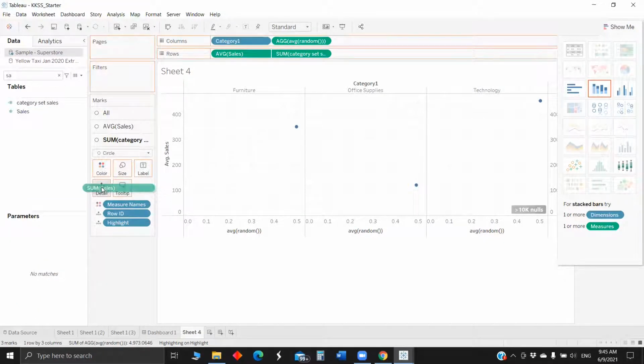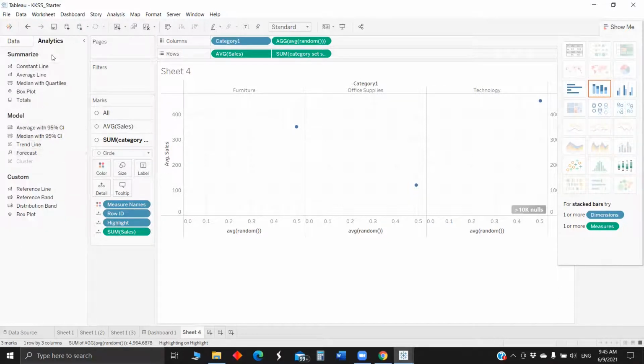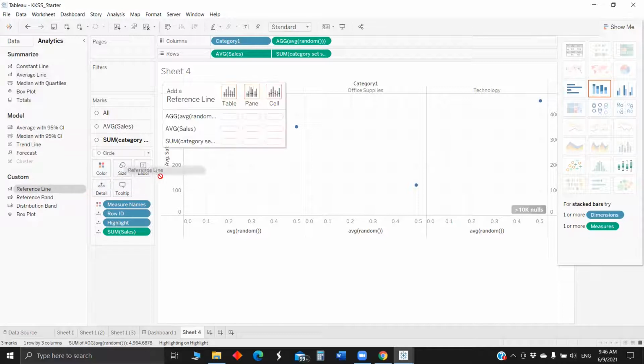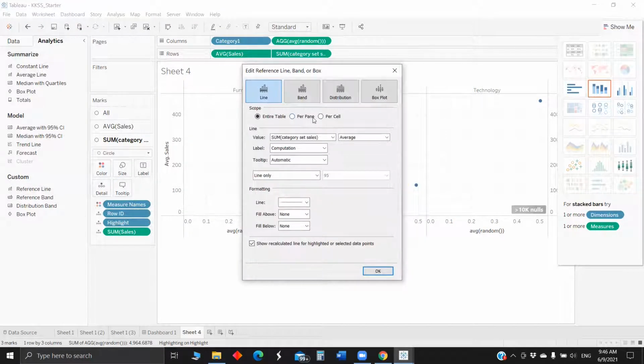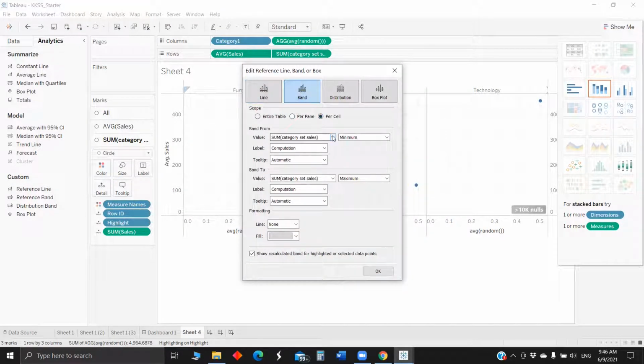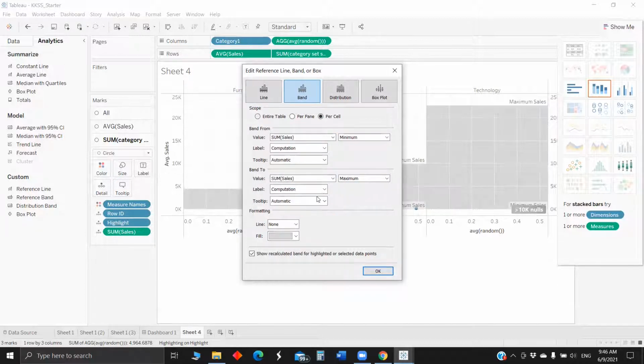To get the banding, we go to the analytics pane and reference line, and we want it only for category sales, per cell, but in band format. I would like to use sum of sales minimum as well as sum of sales maximum. I don't need any label or tooltips, so let me select none for all.